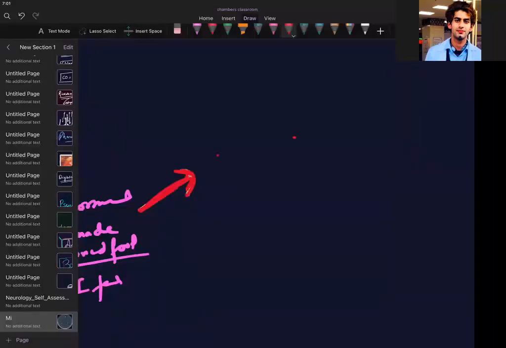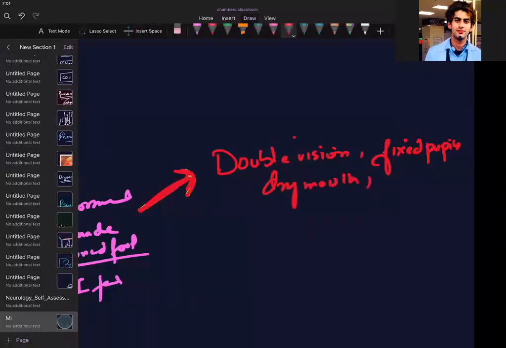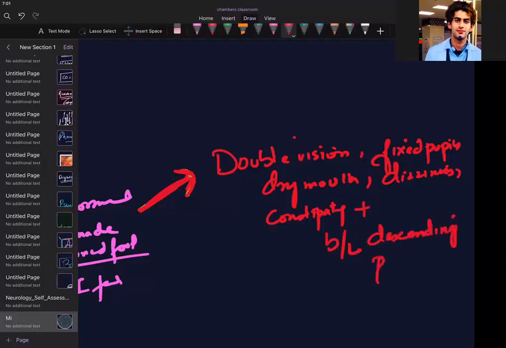So the patient will come with a double vision. He will have diplopia, double vision. What can we think? I should say fixed pupils. He will have fixed pupils. Remember something about spasm, dry mouth. So dry mouth. What else? Dizziness. What else can we write? Constipation. And not to forget the most important thing, that is bilateral, means both-sided, bilateral descending paralysis.